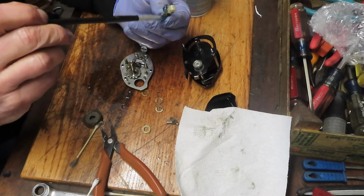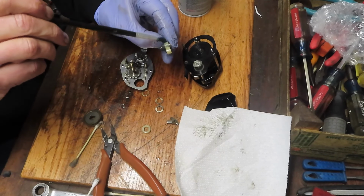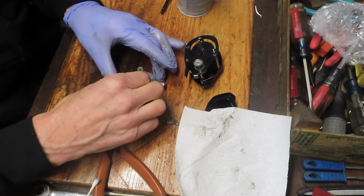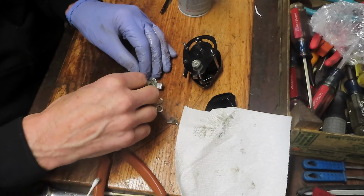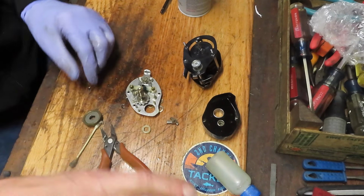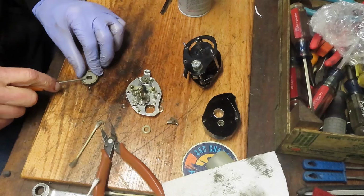So apply some grease. And again, I encourage you to only use fishing reel grease when you are servicing your reels. Bring the pinion gear in. You're going to notice that there's a cup there for those springs, so that's all good. I'm going to take a moment here to pull out the